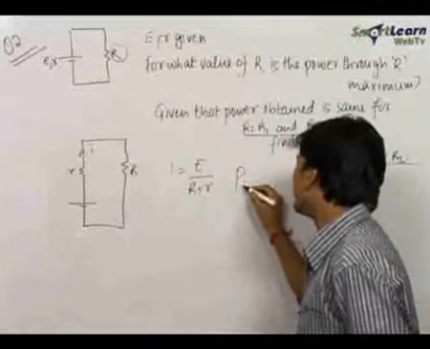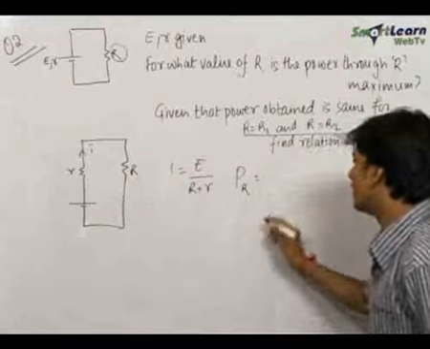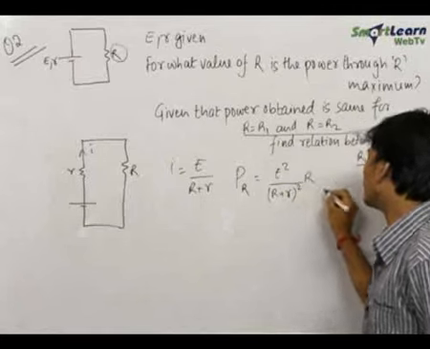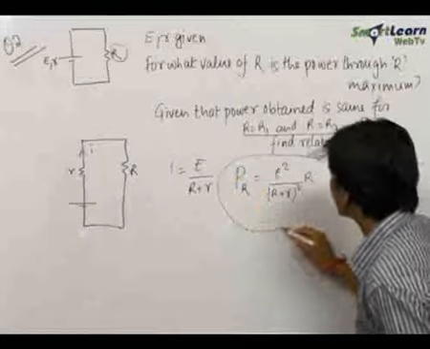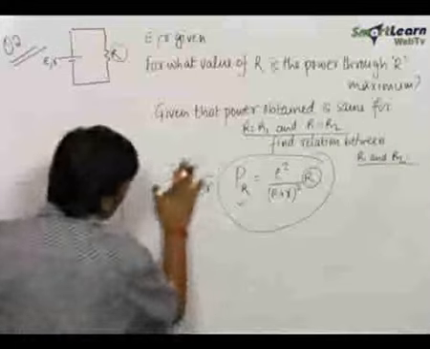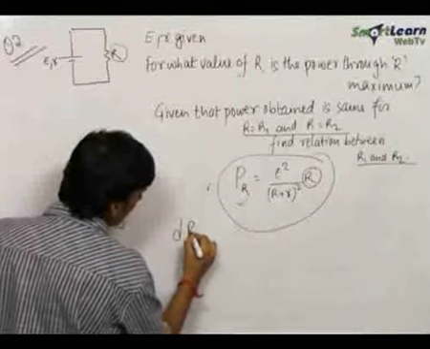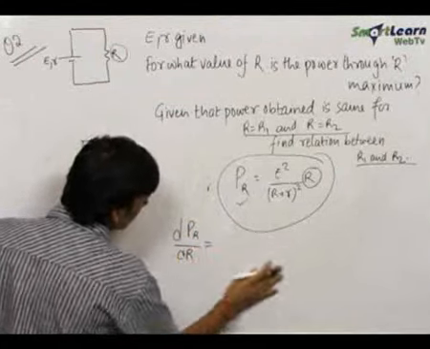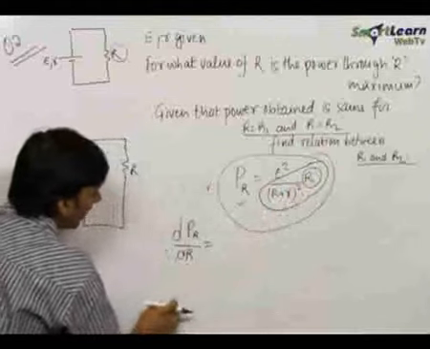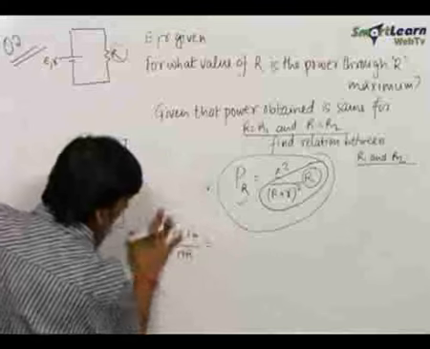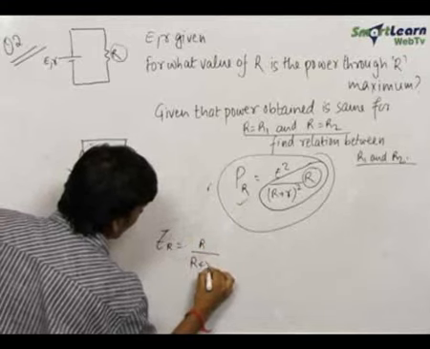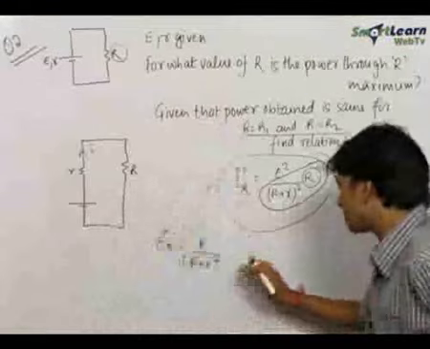Now the power through R, let me write it as PR. This will be equal to I square R, that is equal to E square upon R plus r whole square into R. Now we need to maximize this. We need to find out the maximum value of PR with R changing. So we differentiate this with respect to R. Or rather we can just take this term and maximize this term to get the maximum value of PR. Therefore just differentiating this term, let me write it as ZR is equal to R upon R plus r whole square. If we maximize this, our job is done.